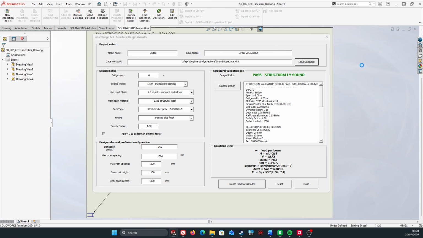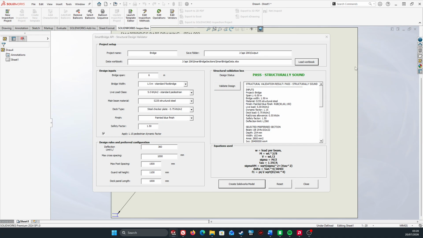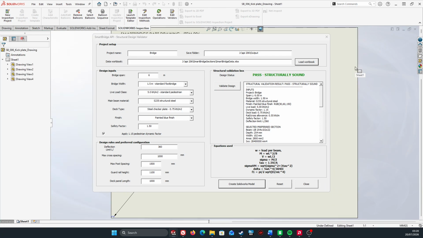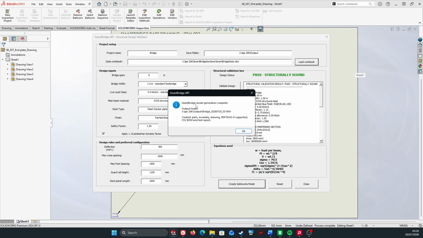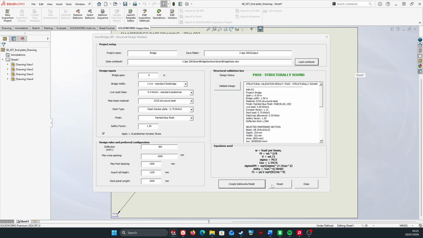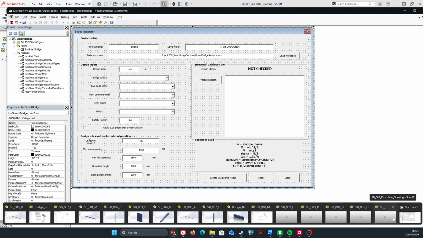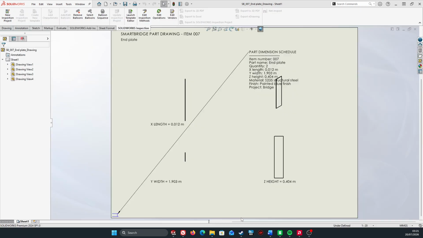And it's currently doing the DWG drawings needed for each part. And right here we'll say the Smart Bridge model generation is complete. Output: it created the parts, assembly, drawings PDF if supported, and CBS bill of materials and text report if supported. So if we just click close on this and actually go over here, we'll click on the bridge, and